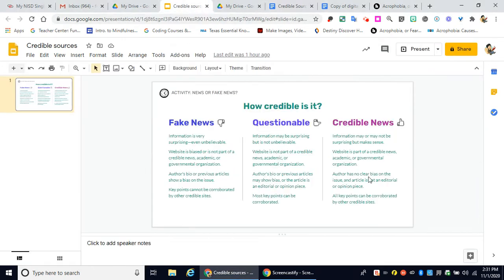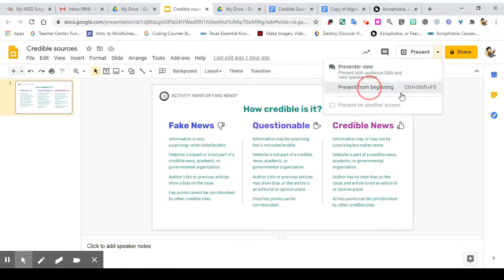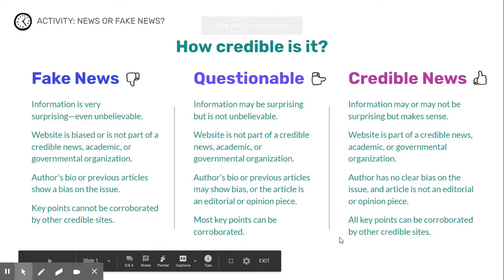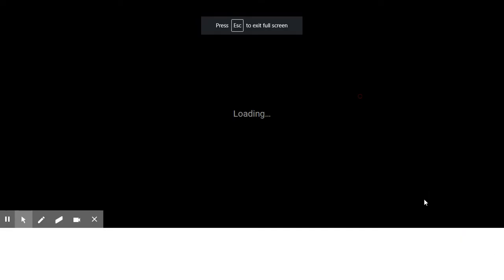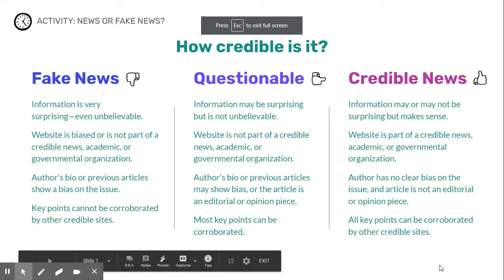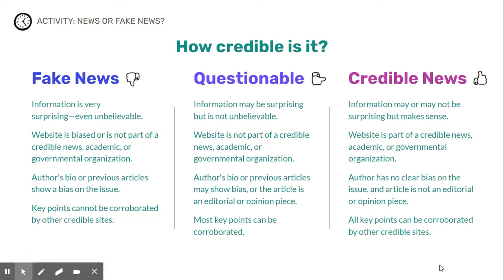I have this PowerPoint that I want to show you, just this one slide, and I'm going to share this with your teachers so that you can have it as a resource. Whoops, I didn't mean to do that. You can have this as a resource while you're looking at your different websites, okay? And again, this is just some good questions you can ask yourself as you go through the process of finding information to make sure that it's credible.